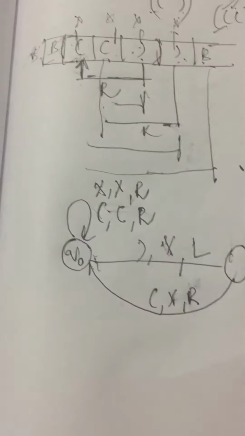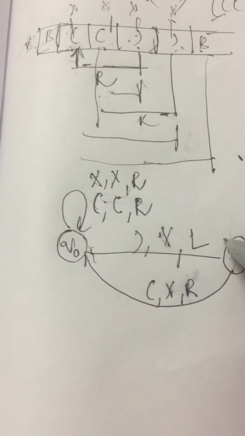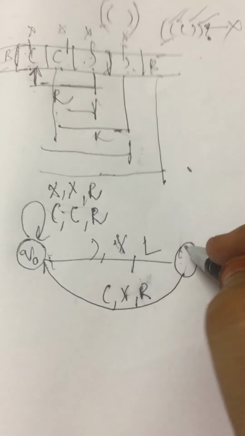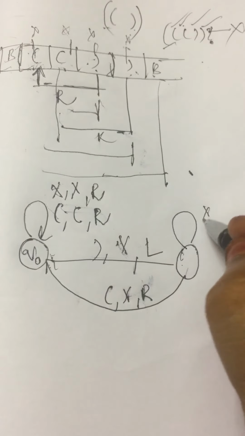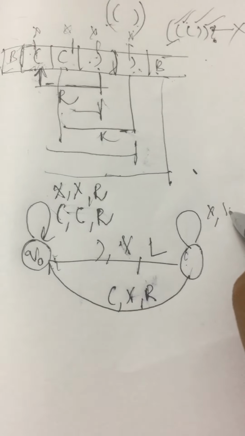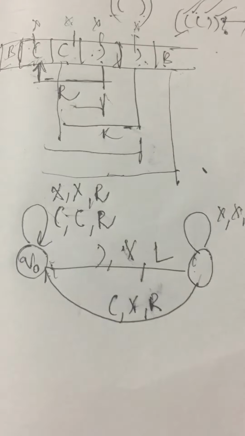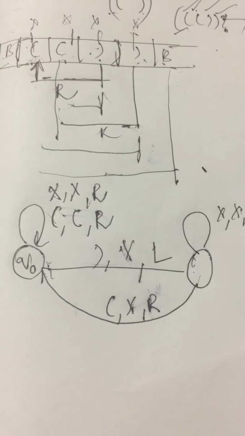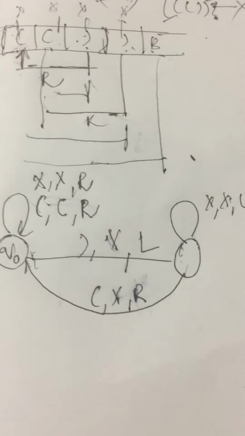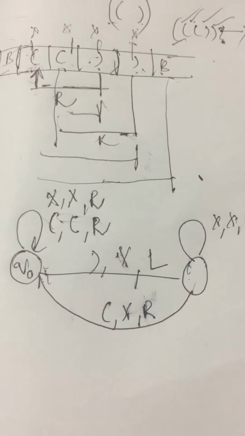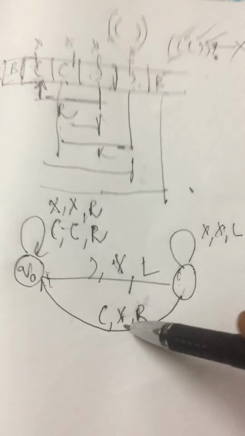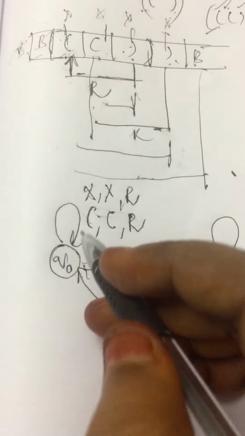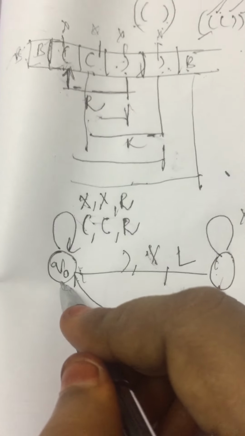Now when moving to the right direction, we are going to obtain X here. X will remain as X only, and again move to the left direction. While moving to the left direction, we are going to obtain the open brace. This will be converted to X and move to the right direction. So from here again, if we are